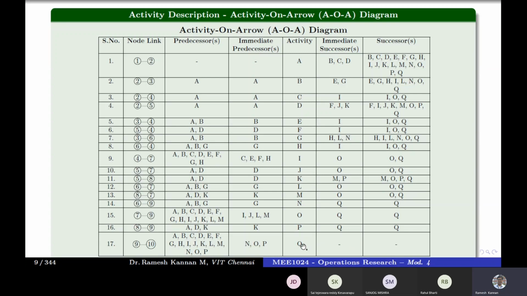That last activity has all the activities from the start till that point as predecessors. So the initial activity has all the activities as successors, and the last activity has all the activities before it as predecessors.